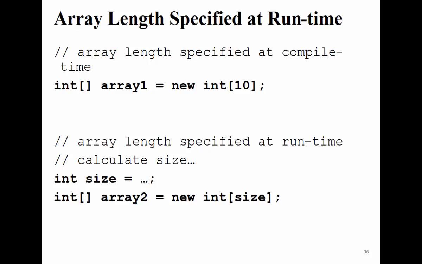An array of a specific length at runtime, you can also define, but it's another way, and it is not dynamic. I cannot say new int with an empty size here. That's impossible. But I can know the size while I'm executing the program, and then I can define a new int with that size. It's another workaround, but it is not dynamic like an ArrayList or a HashMap or HashSet. Okay? Any question up to this point?